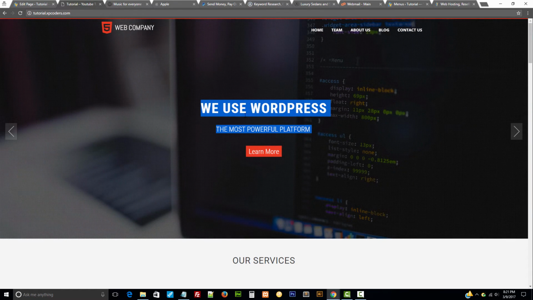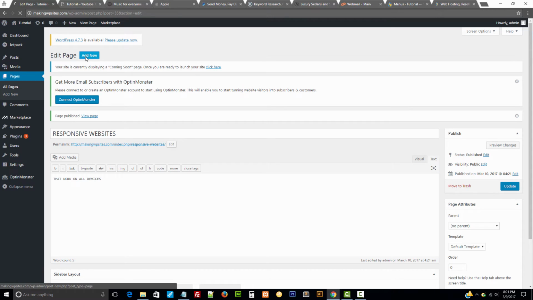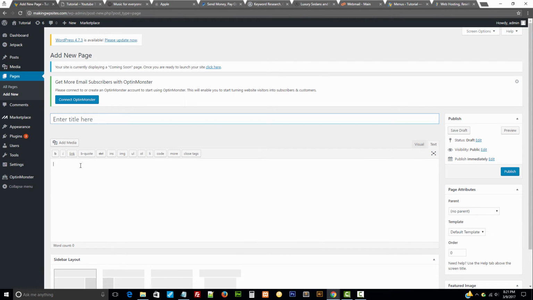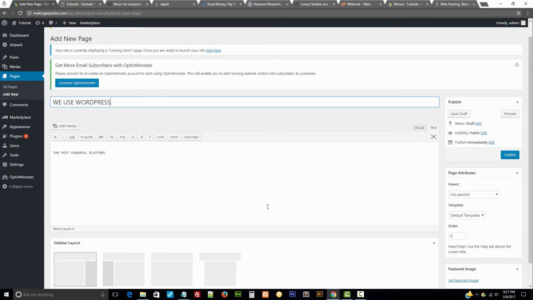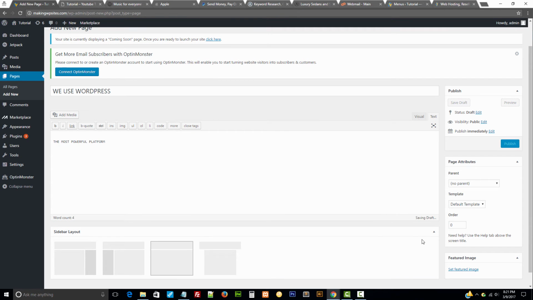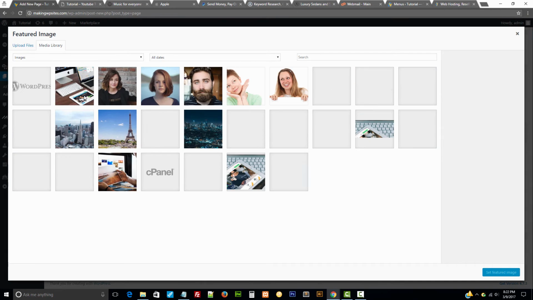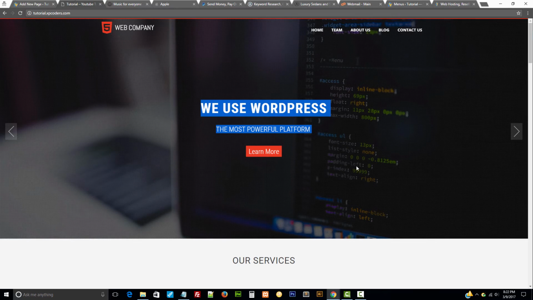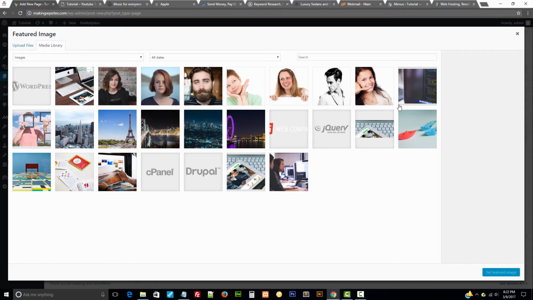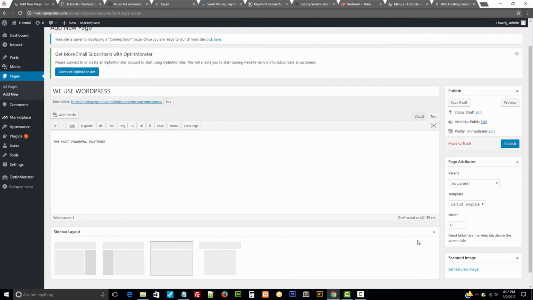I'm gonna go ahead and copy that and create a new page here. Paste that there, cut, and paste that there. You choose the layout, full width, choose a featured image, and the image that we use here is the one with the code, computer with the code. Okay, set the image there